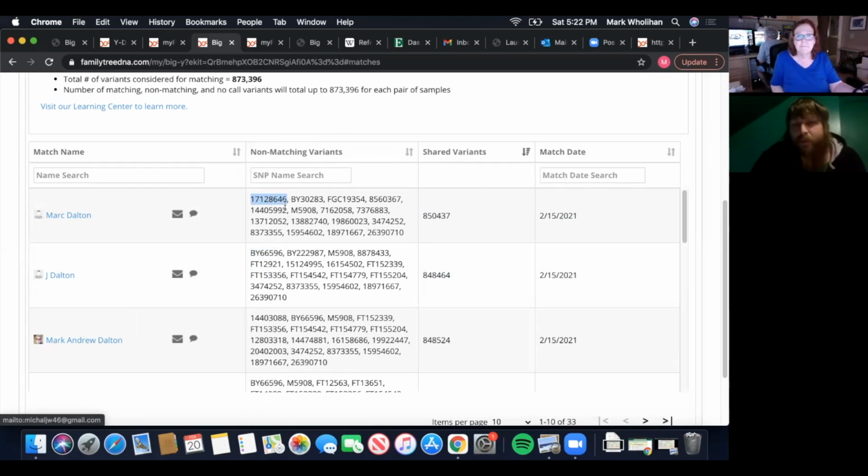Let's say this number here is Mark Dalton's father, and this number here is your dad's father, and then this number is your dad's grandfather, and then your dad's great grandfather, great great grandfather, great great great grandfather, four times great grandfather, five times great grandfather, and then this is his dad, grandpa,